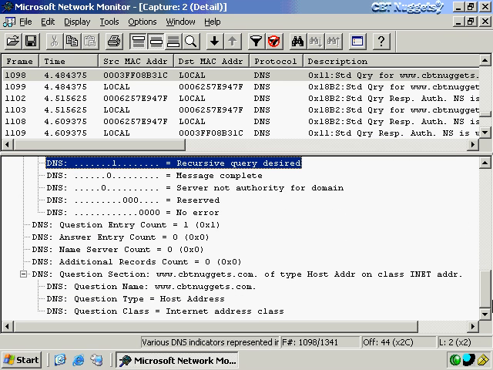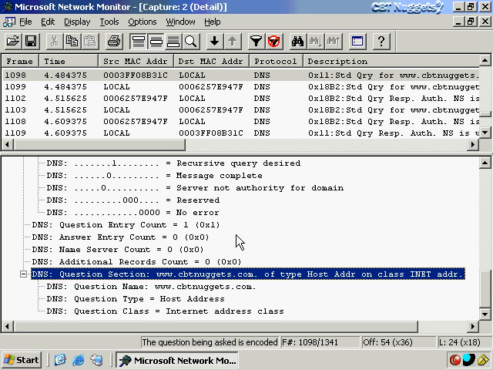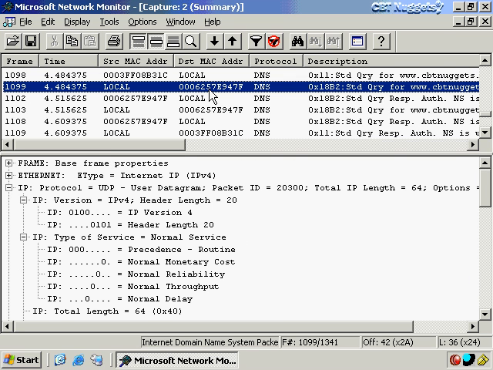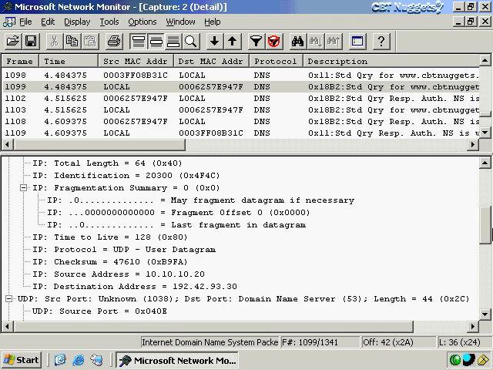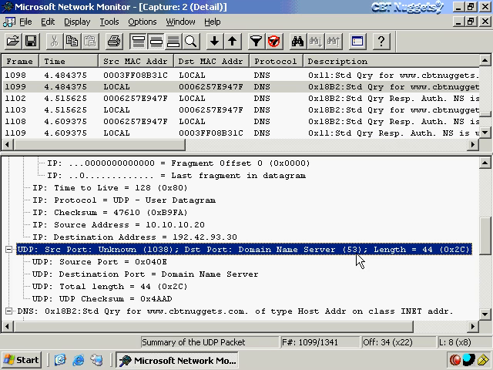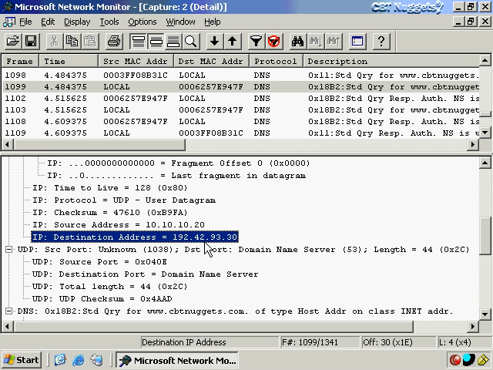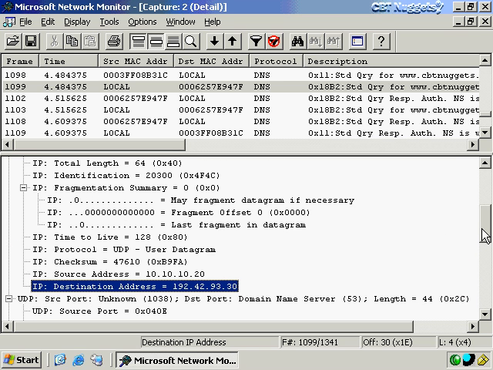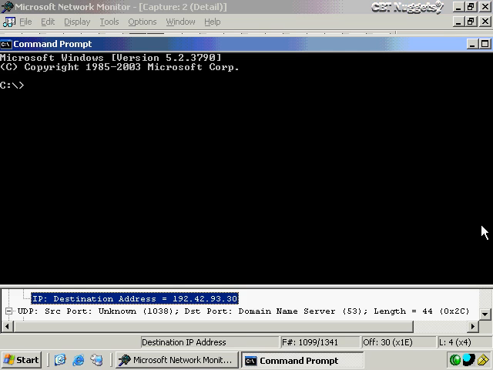Now let's move on further down here as well, and we'll see that in the question section, again, it's looking for www.cbtnuggets.com. Now, this DNS server is going to have to get a little bit of help, so it also sends out an outbound UDP packet. Again, it's on destination port 53, but this time it's sending it out to 192.42.93.30, and let me just open up a command prompt here and do a ping -a